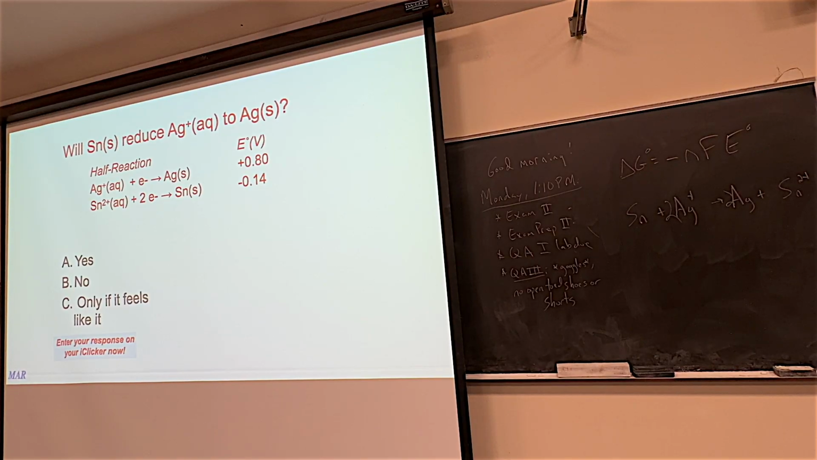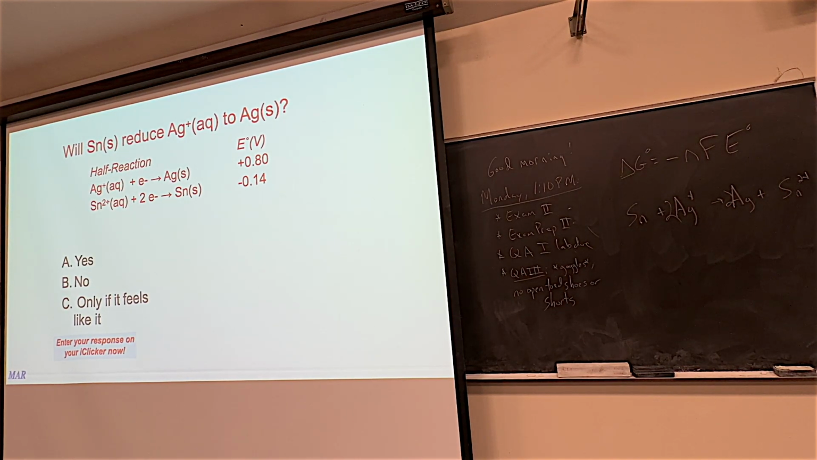Okay, the answers are evenly split between yes and no. So let's figure this out and see if this is going to happen or not. When you see a problem like this, I think it's really important to remember what the reactants are and what the products are. So in this question, it's saying if you put tin solid, tin metal with silver plus, will